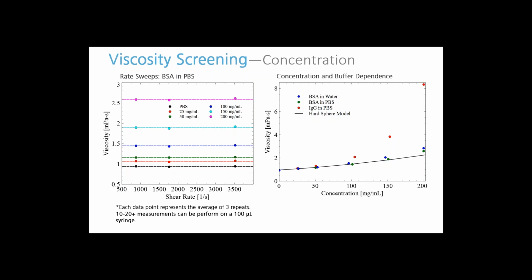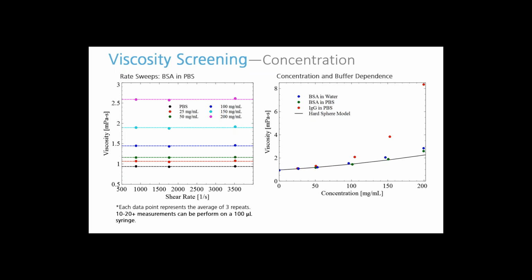On the figure on the right, you can look at somewhat more interesting behavior. You can see how viscosity increases with concentration for BSA and PBS, but you can see how the viscosity versus concentration profile changes depending on the buffer solution that we use. If we use water, we observe a slightly higher increase in viscosity with concentration. If we change the protein that we're studying, you observe a much more significant increase in the viscosity profile